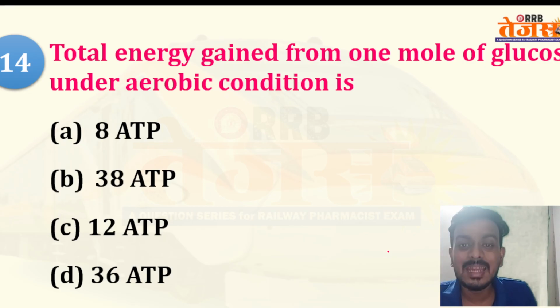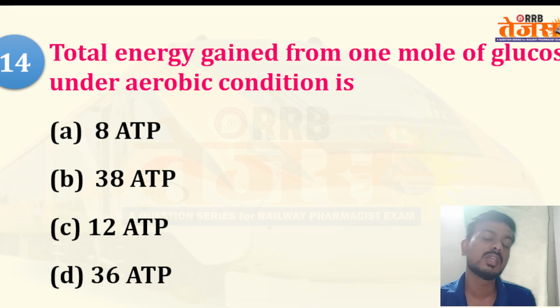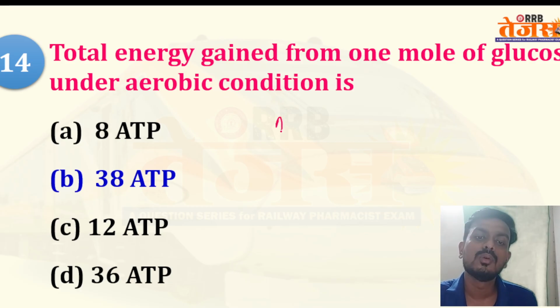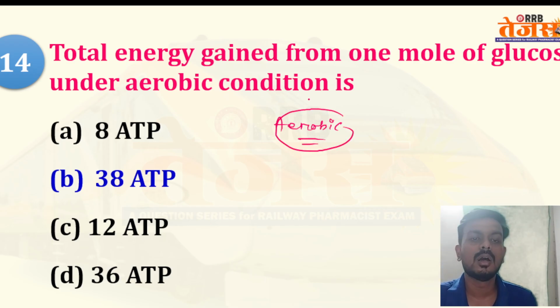The total energy gained from one molecule of glucose under aerobic condition. The question is, during aerobic condition, meaning presence of oxygen, what is the total number of ATP that will be obtained? Your options are 8, 38, 12 or 36. So here the right answer will be option B, 38 ATP. Remember, during aerobic condition, the complete metabolism of glucose will lead to 38